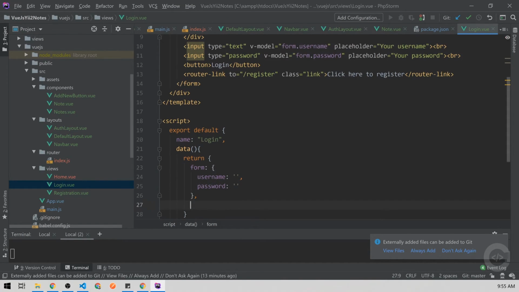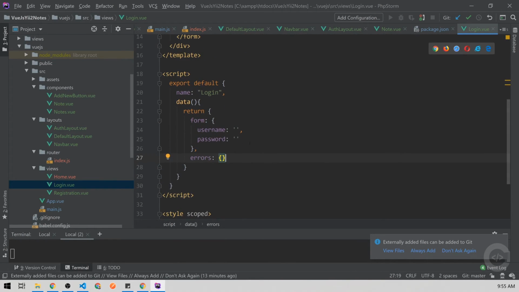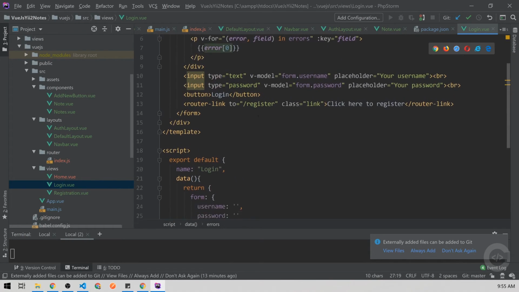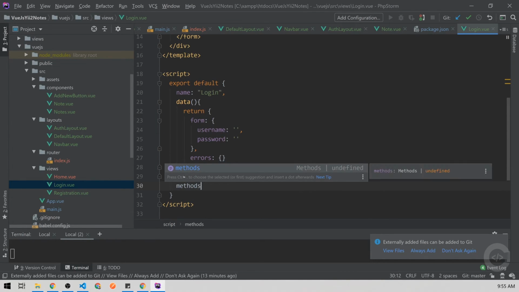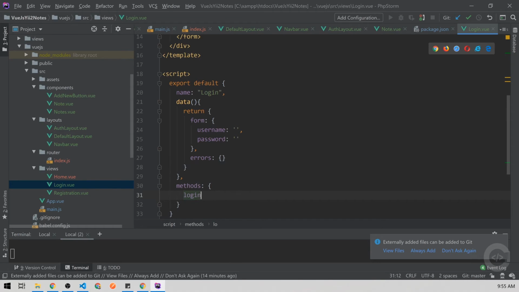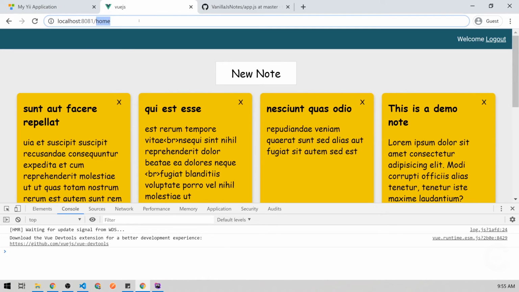Okay, and we need to have errors. If there is some error during login, this errors array will be populated and it will be displayed. And obviously, inside methods, we need a login method. We can just print this form for now. Just like this, login. Okay, so let's go to the login page,